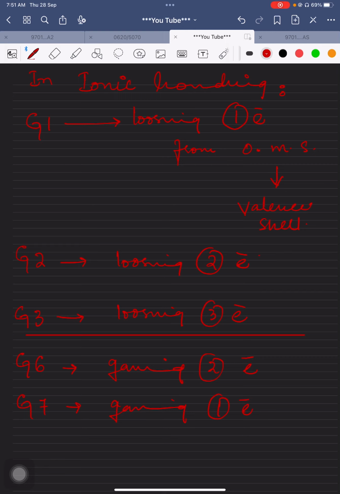One should know that all the elements of group number 1 have 1 electron in their outermost shell. Definitely they are going to lose that 1 electron from their outermost shell. And all the elements of group number 2 have how many electrons? 2 electrons in their outermost shell. So they are going to lose 2 electrons. Yes, there is a relationship between the number of electrons in the outermost shell and the group number, that I am going to tell you